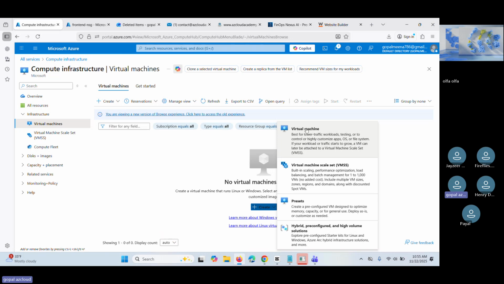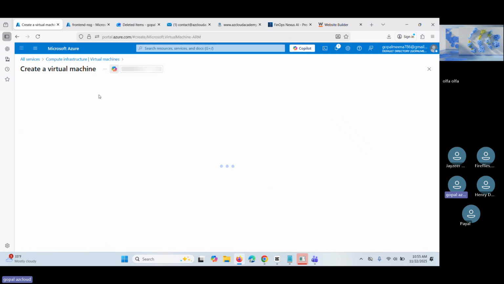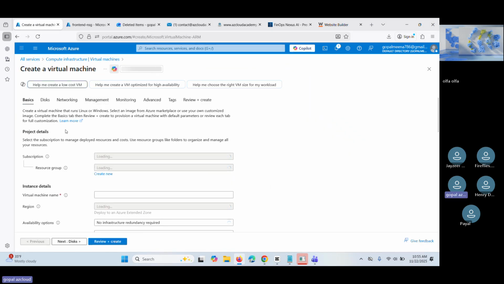For that they created different ones, but now I'm going to select the virtual machine, the best for low traffic loading, testing, or controlling higher customer apps. This is what I'm going to use, which we normally use in our organizations. So yes,